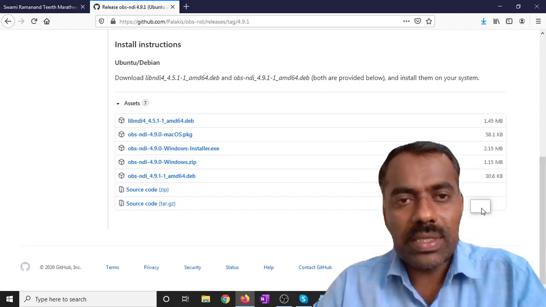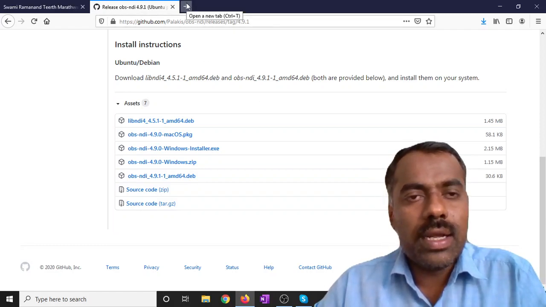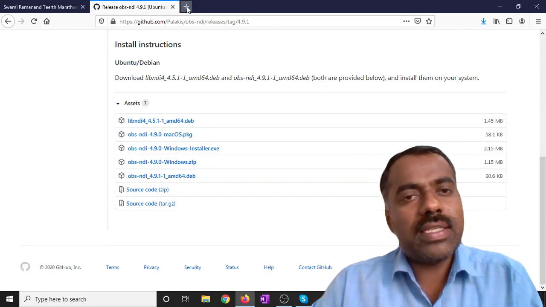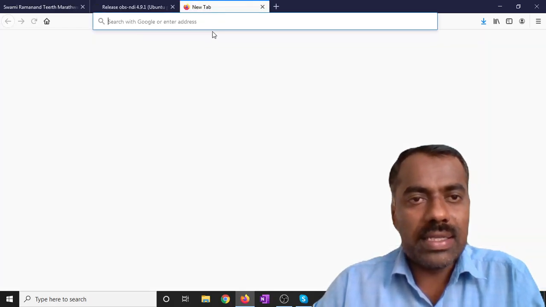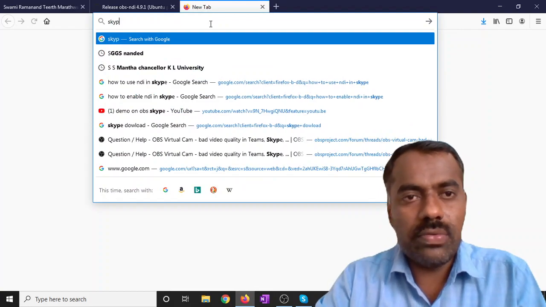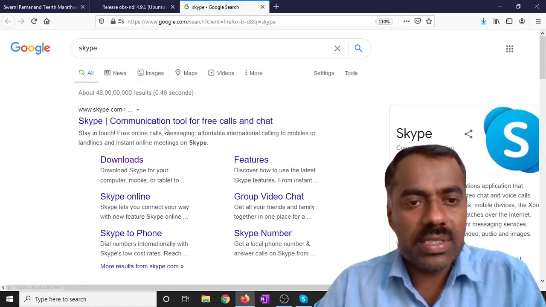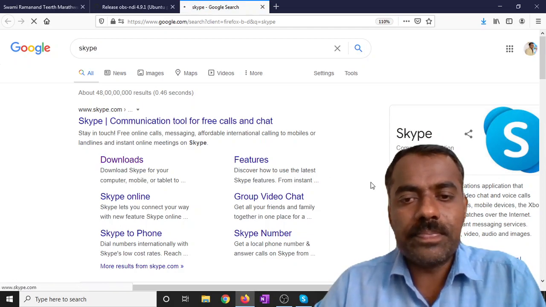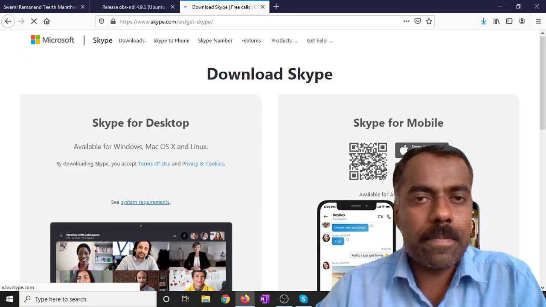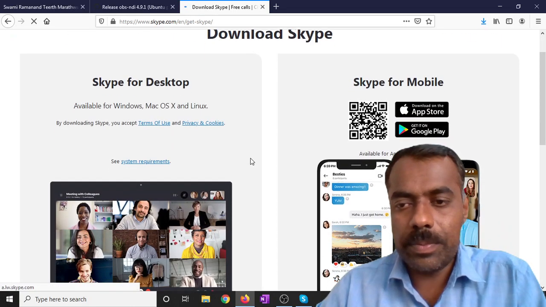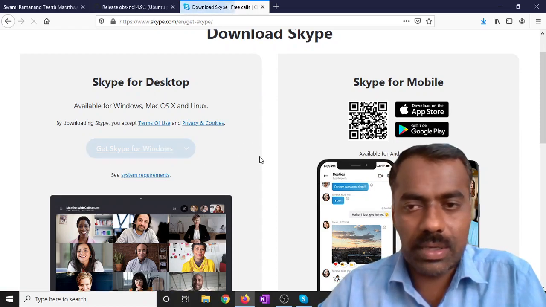Okay, once we are done with this NDI plugin, we can open our OBS and I will show you where NDI is activated. Similarly, if you don't have Skype, then just go to Skype and download the latest version of Skype for desktop, or even if you are using a laptop, you just download this version.